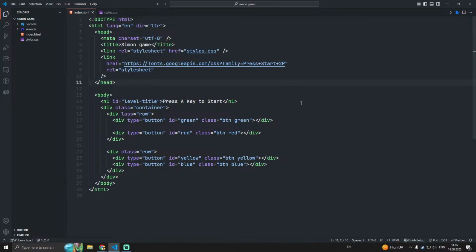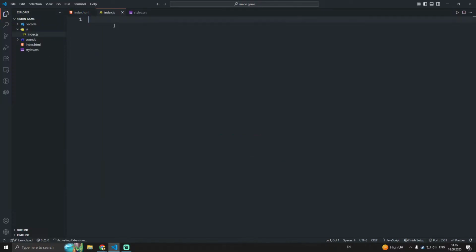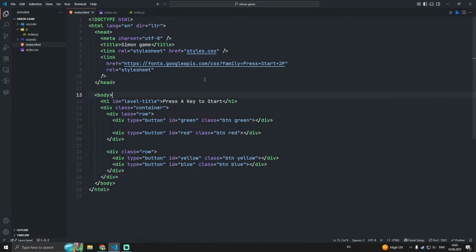We'll be using jQuery in this project, and I will be saving the jQuery code right in here. So my folder will be called JS, and I will be making an index.js file. Right now it's empty, and I'll be connecting it